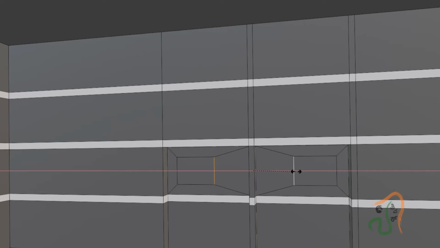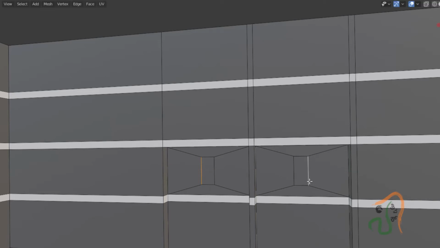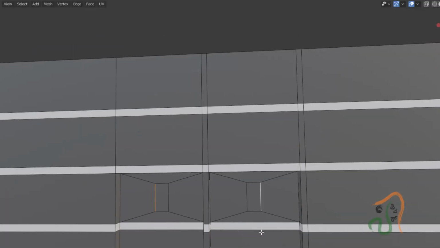And similarly this edge and this edge, press scale and along the x-axis move it like this, so that somewhat in the middle we have this narrow area.